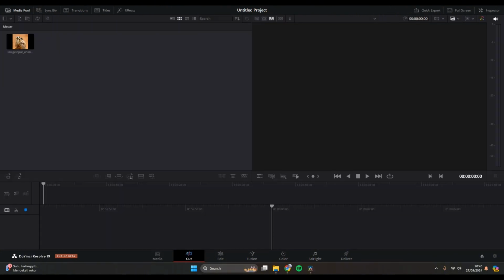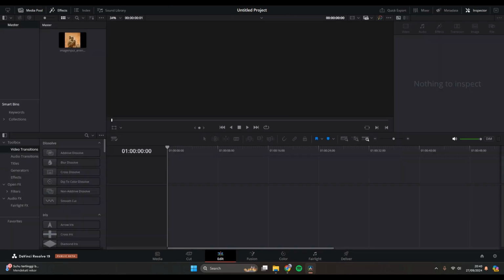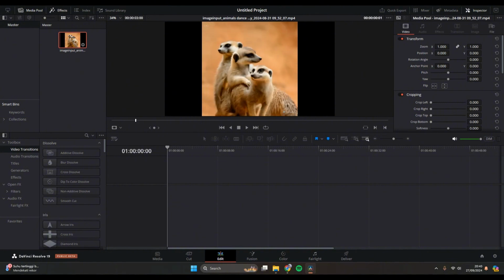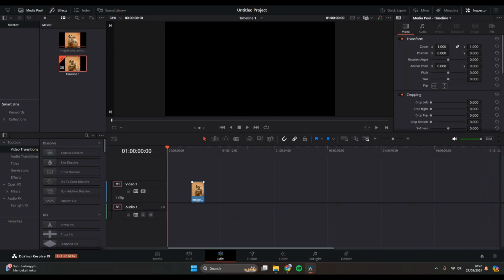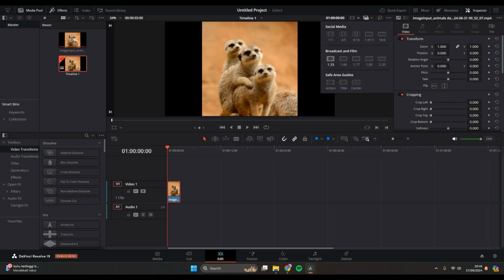So next I'm going to show you the interface of DaVinci Resolve. So this is where the media is on the left, and here this is the timeline where you can do editing, and here you can change. This is the media player, so when you tap on your video here, you can preview the clips like this. Here you can change the window, so let's add it into here, the timeline. You can change the size in here,